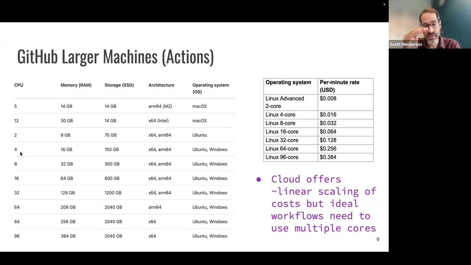But you also can choose these much larger machines. So for CPUs, if you're running a scientific workflow, maybe that's not enough. But as you can see now, you have options all the way up to a 96 core machine with quite a bit of RAM and storage. So you can run more computationally intensive workflows. And the costs, you can see here in the separate table,